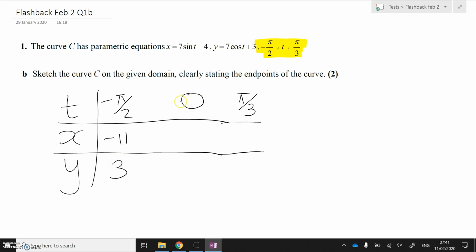You now sub in 0, we're going to get minus 4 and 10, and subbing in pi by 3, you get 7 root 3 over 2 minus 4 and 6.5. Just quickly calculating this in your calculator, you get roughly 2.06 for the x value. So now we've got 3 points,